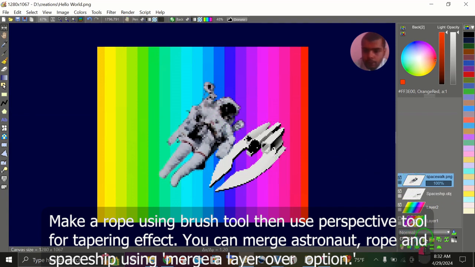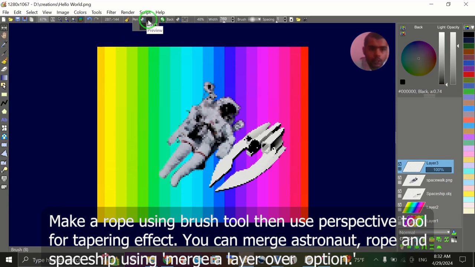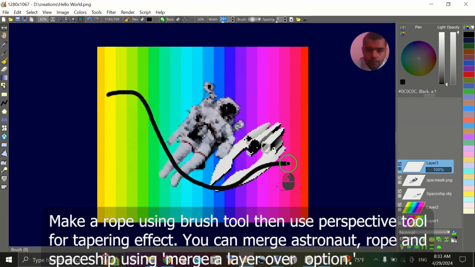So let's create a new layer and I'll choose the paintbrush, give it a black color and size. I'll make the size like this. Let me increase the size. This will work. So first I'll create this kind of thing,